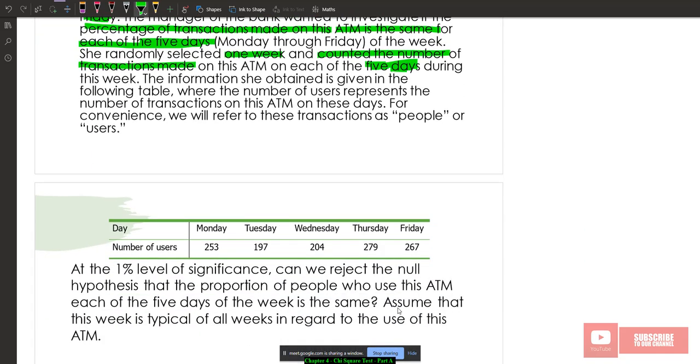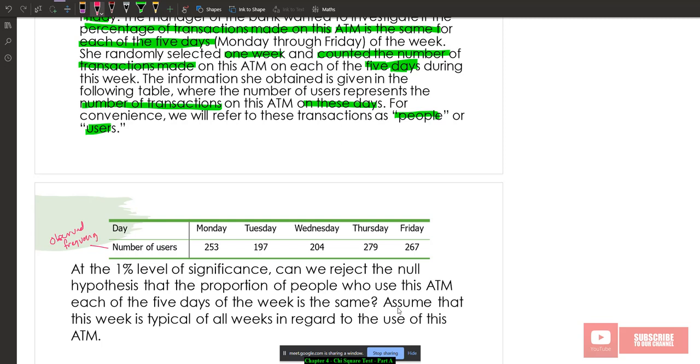We have a table, right, where the number of users represents the number of transactions for these days, right? So we refer to transactions as people or users. So how many users are using this ATM machine, right? So now this is the frequency table, right? We know that this is the observed frequency,